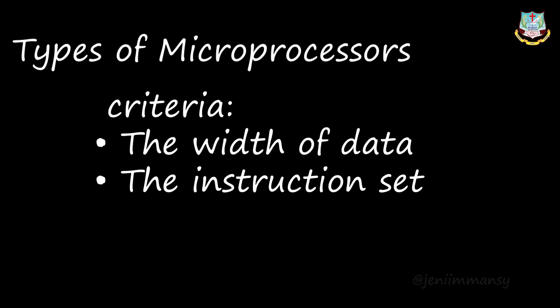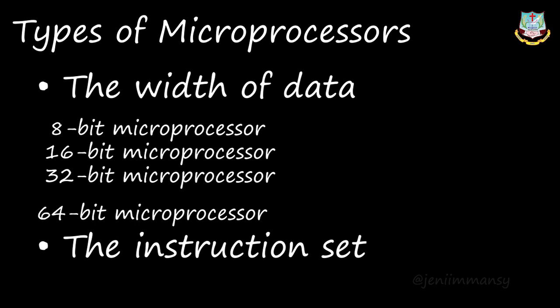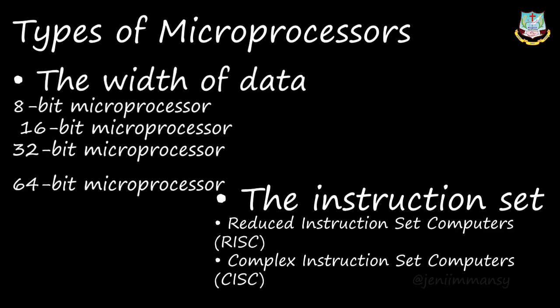Okay, the classifications of microprocessor based on the width of the data are 8-bit processor, 16-bit processor, 32-bit processor, and 64-bit processor. Okay, so depending on the data width, the microprocessor will process the instruction. And based on the instruction set, the classifications of microprocessor are reduced instruction set computers, that is RISC,